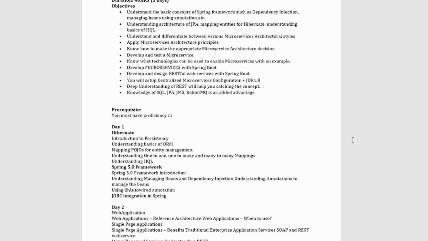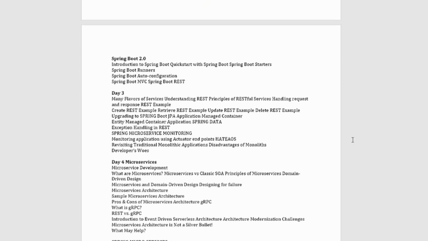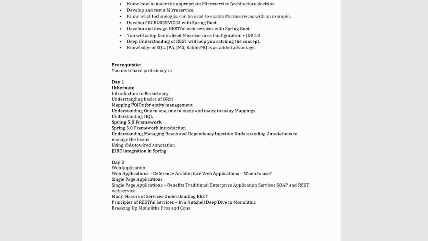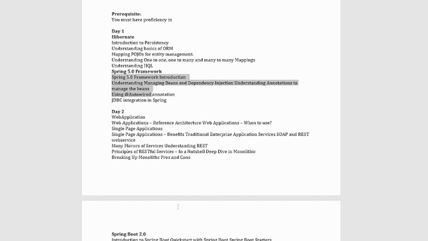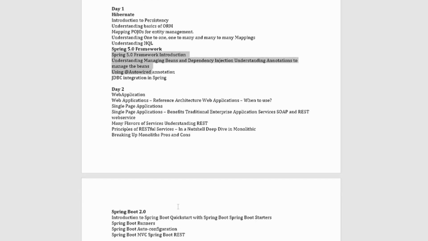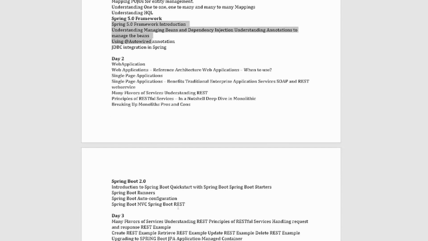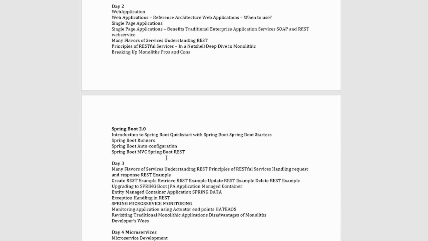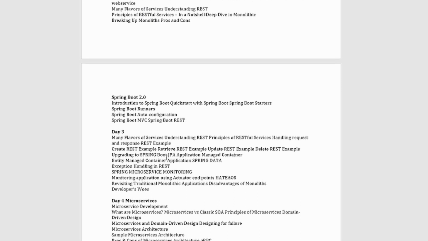There will be sessions from day 1 to day 5, if you look at the sheet. On day 1 we will be working on Hibernate and the Spring 5.0 framework. Some of this will be left over, I know, because it's a long session. It will move to day 2 as well, where understanding web applications will be a little thing, it should not take much of your time. And then we will talk about the pros and cons. We will jump on to Spring Boot 2.0 on day 2,